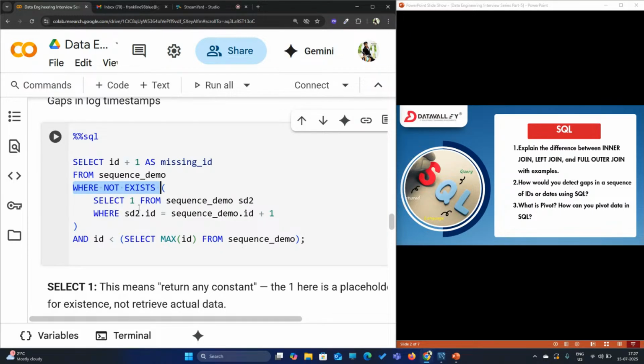So what is select 1 going to do? It's just going to return me a constant instead of fetching the actual value. This is going to select all the IDs, and because I'm adding 1 on top of my existing value, it is going to compare it with the values fetched from this query, hence making sure where the missing ID is. So to put it in simple words,